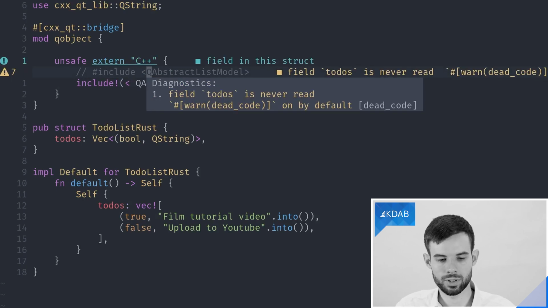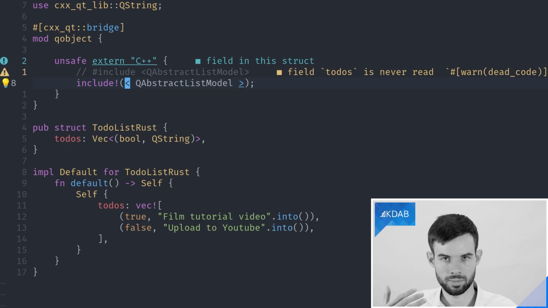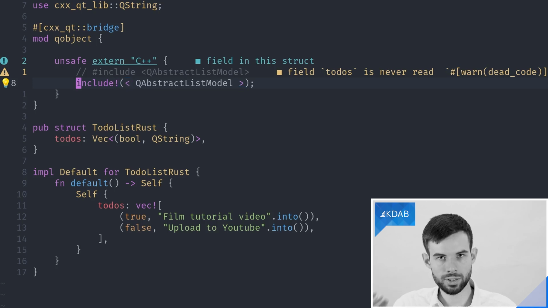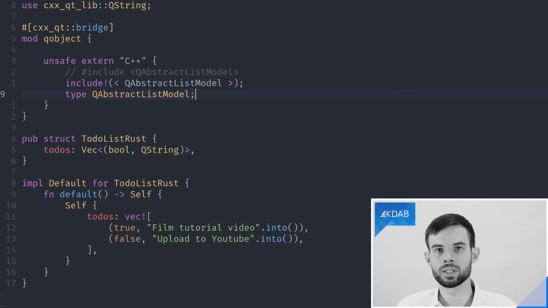So that's kind of the difference: if you use the crocodiles in the include here, they'll also end up on the C++ side. And remember, we're in CXX land. This include is not Rust's include macro, this is the CXX specific one. We can then also simply declare the type to be an opaque type that's coming from the C++ side, because we've already imported the accompanying header.